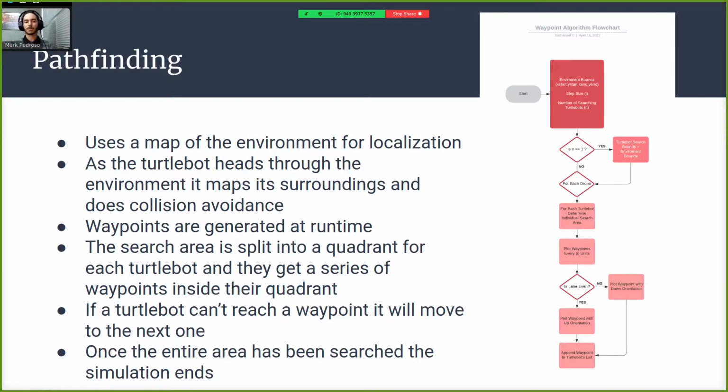So for our pathfinding algorithm, the TurtleBots use a map of the environment to localize themselves, figure out where they are. As they head through the environment, they're going to map the surroundings and perform collision avoidance. And then at runtime, we're going to generate a series of waypoints, and the entire area that we're searching for the target will be split into a separate area for each TurtleBot,